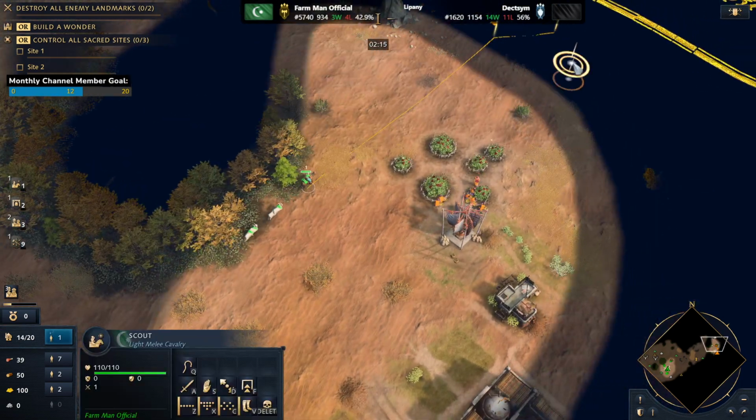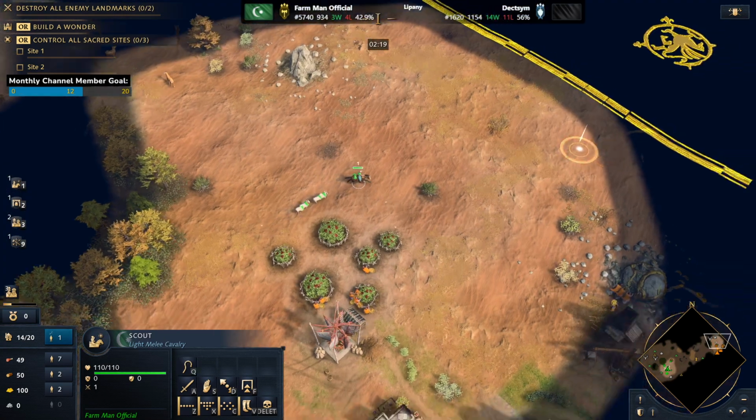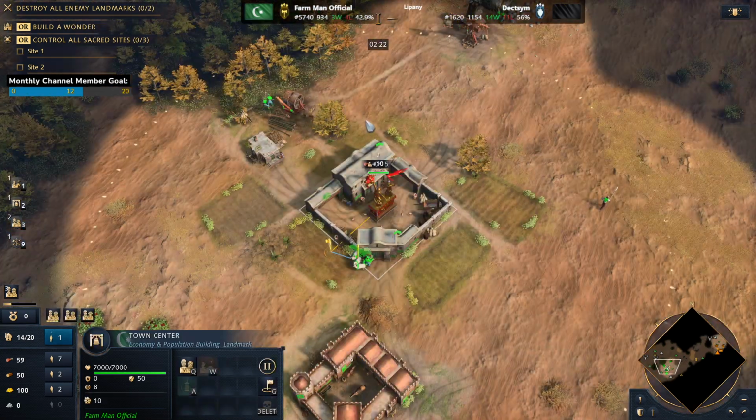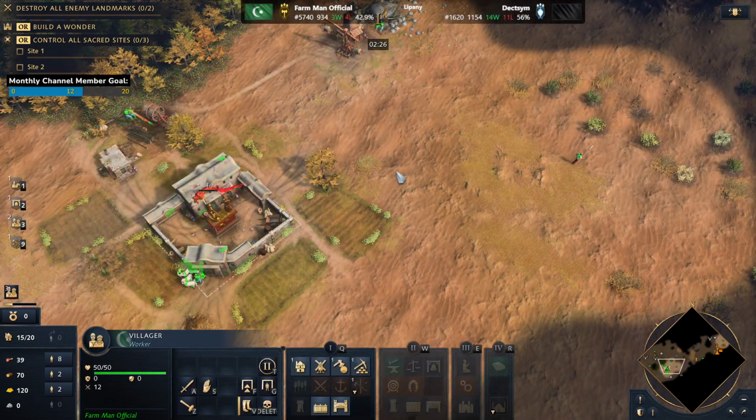I see the bears at the back. That could be a point of back, but let's just see around the other side of things. There's the stone. I'm quite happy with that stone position. I might actually send a villager to outpost rush that. Do you think it's worth it? I feel like it's a...